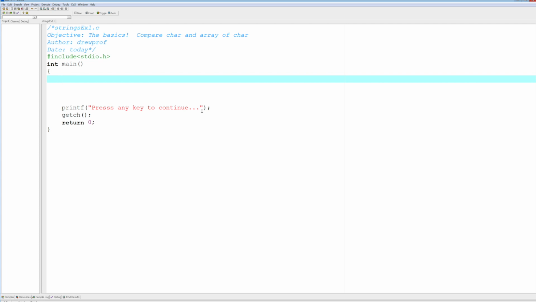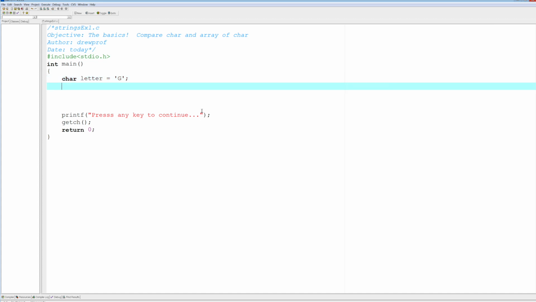Good. Now let's get to the business of understanding what a character is. So char is a data type, and then you can declare a variable of type character. So let's call it letter. Okay, so letter is the variable name. Then you can assign it a value if you want to, so uppercase G. Okay, and then if you want to print this, simply printf